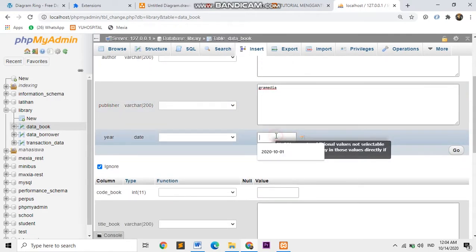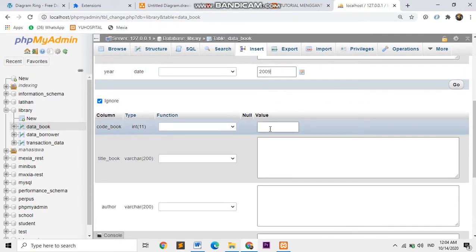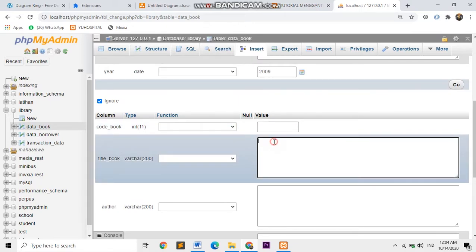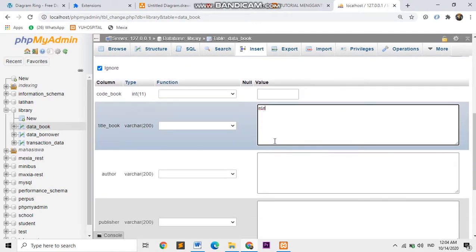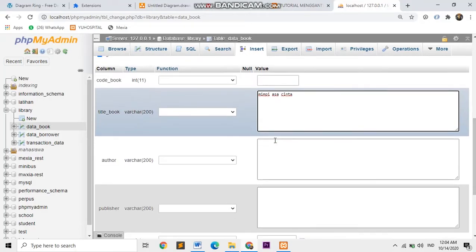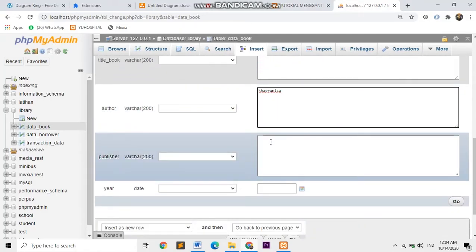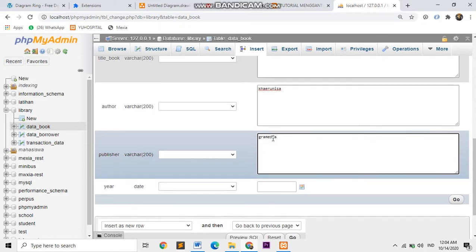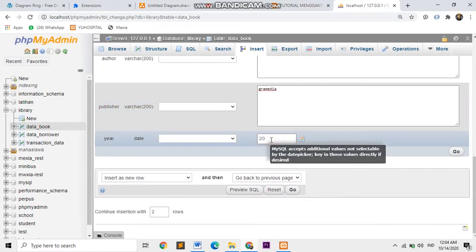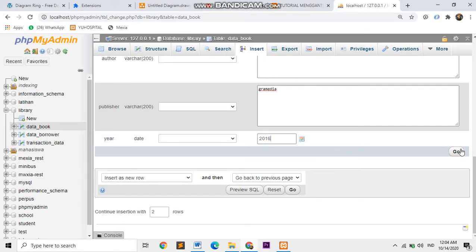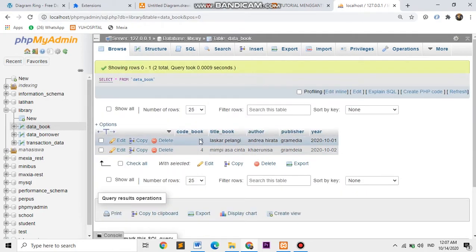It's just an example. Next, title of book Mimpi Asa Cinta, it's a novel. Author Hairunisa, Gramedia. Year is 2000 and okay. We have two data.